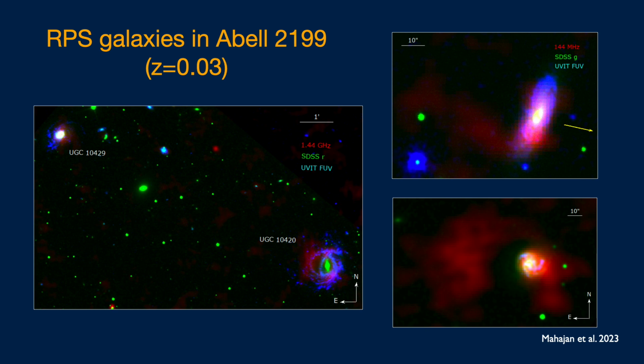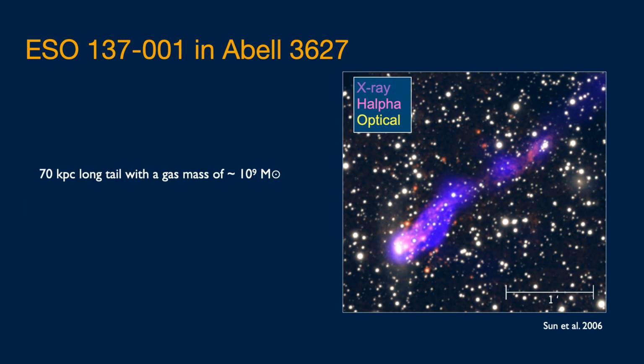There are many such examples of RAM pressure stripped galaxies in clusters near and far. But notice that multi-wavelength data are required for such analysis. That is, images in different wavebands are a must to capture the stars as well as the gas, while spectra are required to confirm the distance to a galaxy and ensure that it belongs to the cluster and is neither in the background or the foreground of the cluster that is being studied. Some tails in RAM pressure stripped galaxies can extend to a distance of several kiloparsecs.